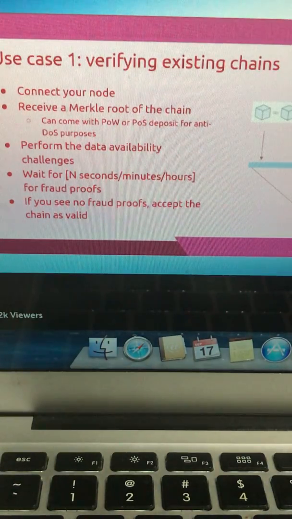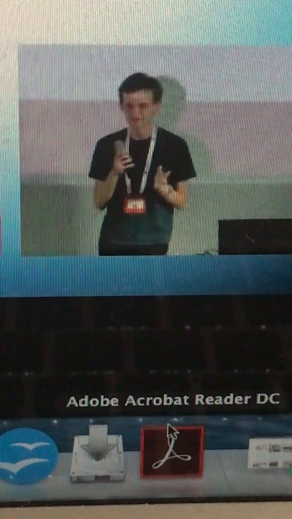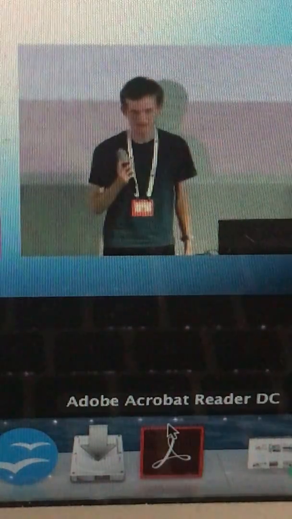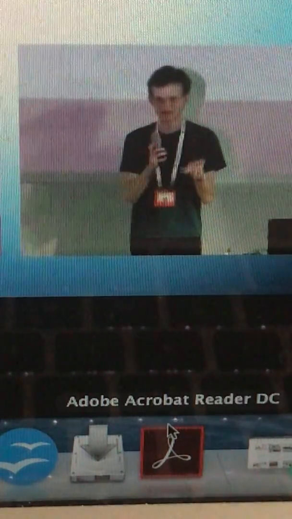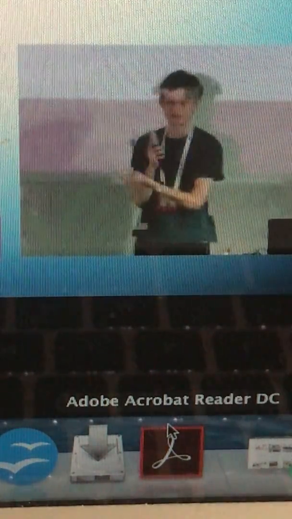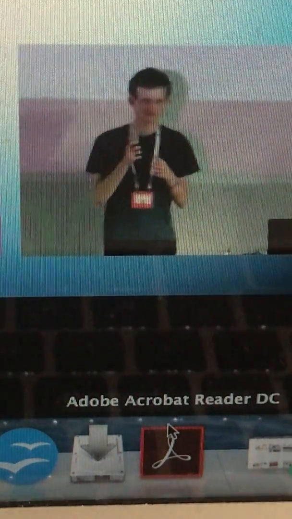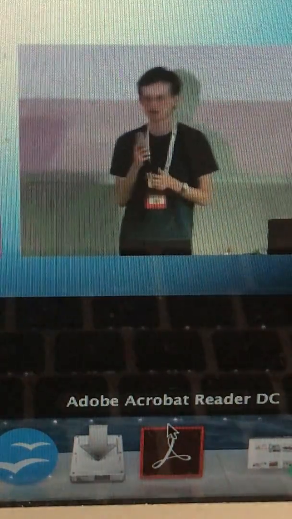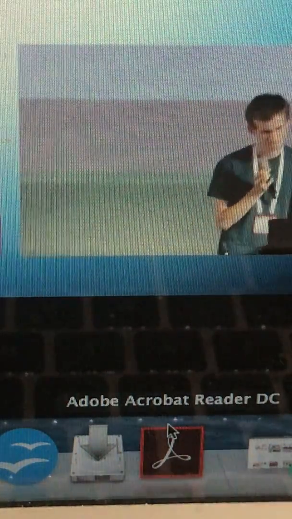So you could theoretically come up with this scheme, just make it a layer 2 thing, and just by having light clients do this, you can improve the security of syncing of existing blockchains. By creating this mechanism, if there is a 51% attack and a light client syncs a chain, then the network will collaboratively detect the fraud, pass the fraud proof around, and light clients by default are not going to accept this chain. So it makes 51% attacks considerably less powerful.